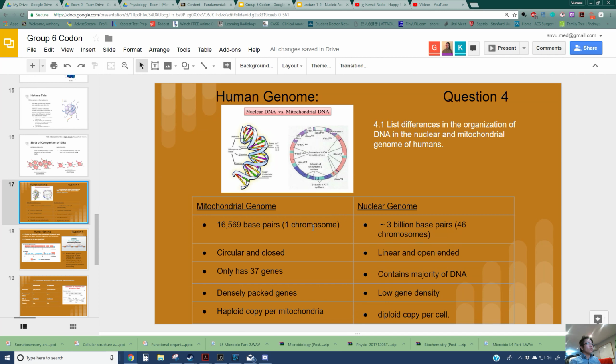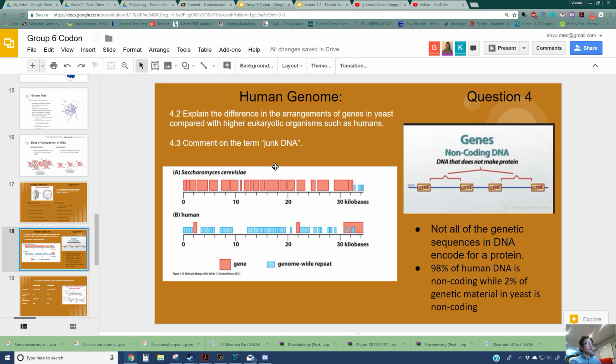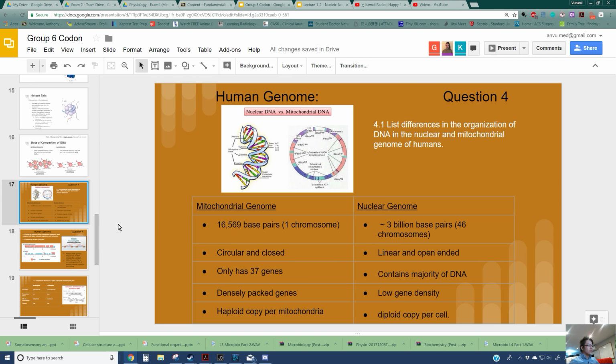and how there's differences in nuclear genome versus the mitochondrial genome, the arrangement of genes in yeast compared to that of humans, and comment on the term of junk DNA. So specifically, when we look at the differences between the nuclear genome and mitochondrial genome, in this image you'll see